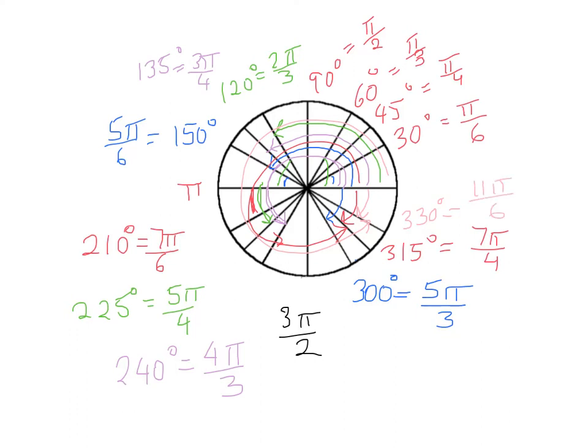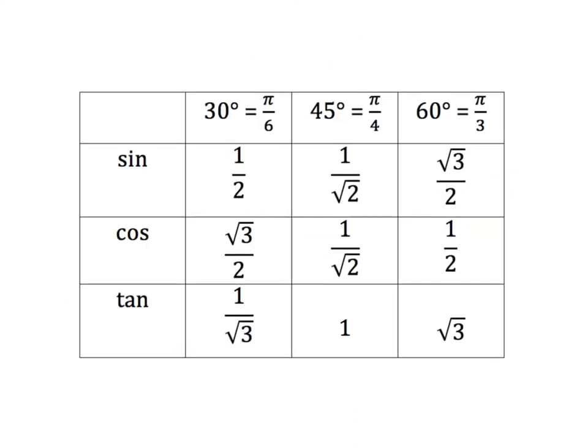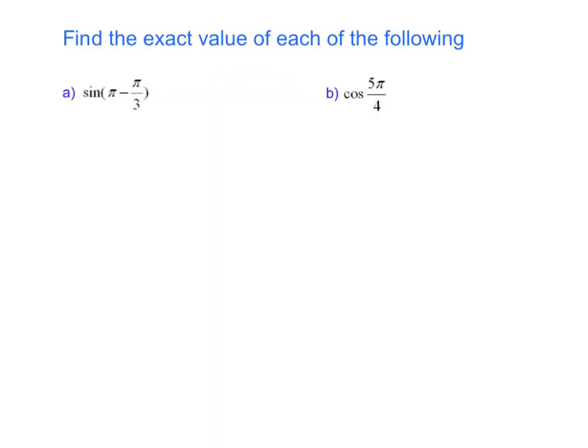Now, you don't need to memorize all of this, so long as you understand the process of how I got each of those angles in radians. That will really help. Now, you learnt the values when they were in degrees, 30, 45, 60 degrees. Now you just need to learn them in radians. So remember, 30 degrees is pi on 6, 45 is pi on 4, and 60 degrees is pi on 3. So I always just remember those two there. The denominator is the opposite to the first number there, and 45 is just pi on 4. Okay, so learn and